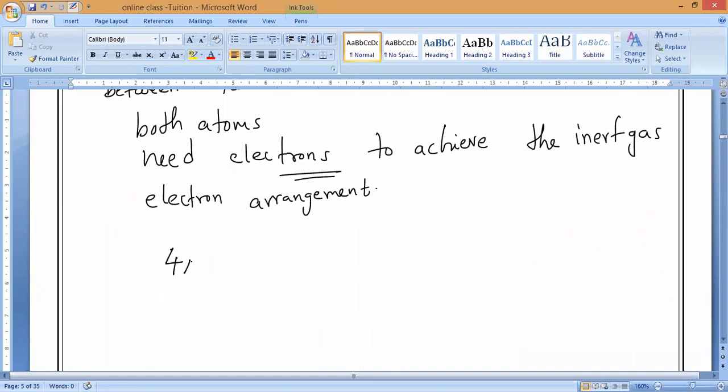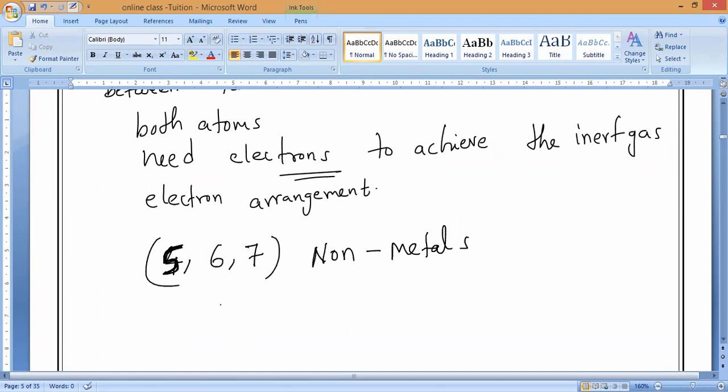The valence shell, how many electrons are there? Not 4, I have taught you already. Valence electrons 5, 6 and 7. Atoms with 5, 6, 7 electrons in their outermost shell will accept electrons. Understood? Those are called non-metals only. So they will accept electrons from where? One more non-metal has 4. That you should remember.